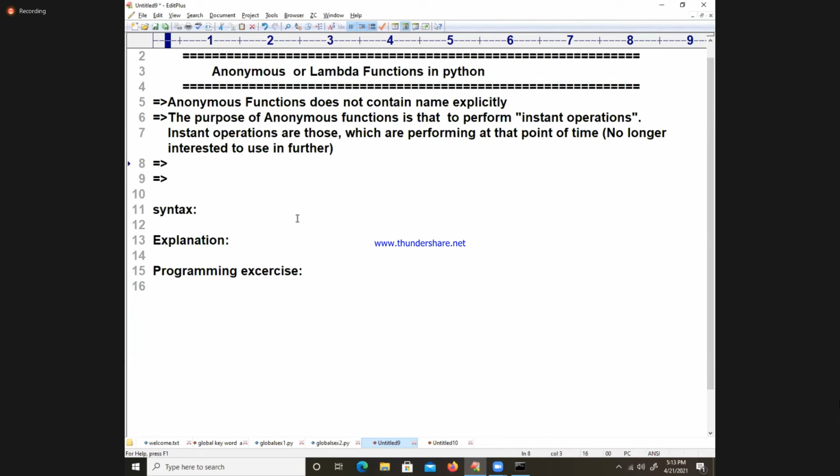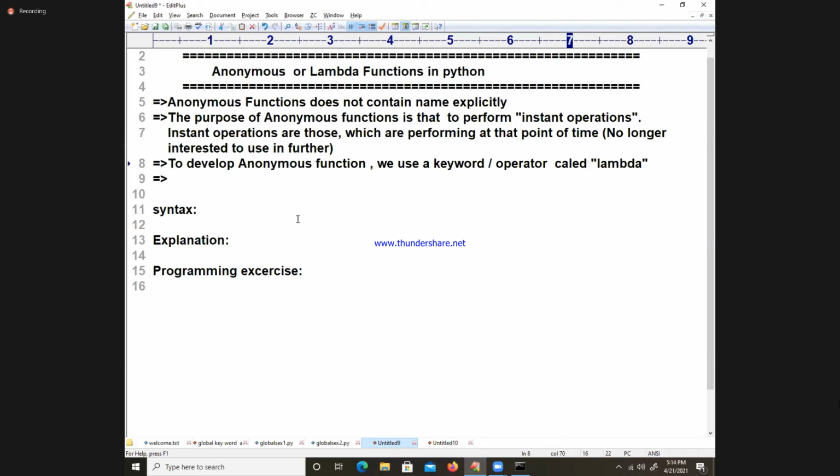Right. Anonymous functions. To develop anonymous functions, we use a keyword, some people call it an operator. We use a keyword or operator called lambda.